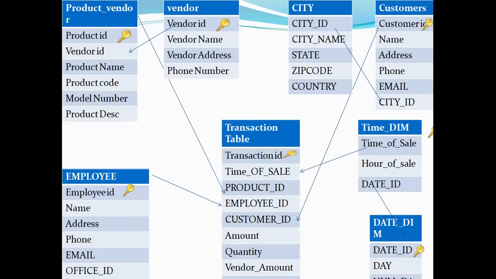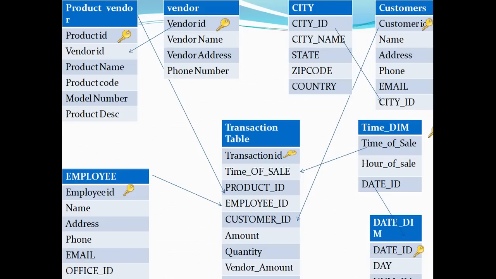In the real world, you will see a lot of places where you actually normalize the time dimension. If you work for a financial institution, they have a huge number of products, and you will see that they will normalize that. At some places you can actually see the product and vendor information normalized as well. So there are cases where snowflake schema is actually used, where the dimensions are normalized.